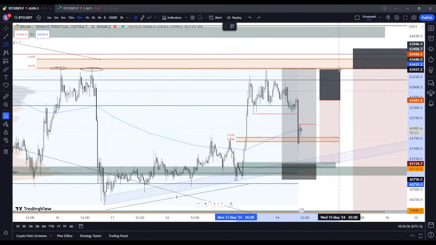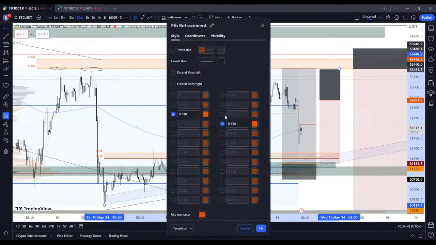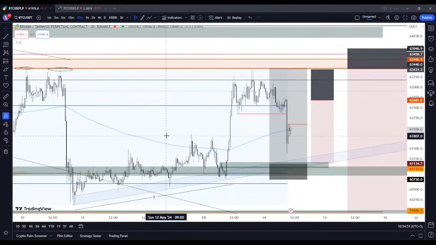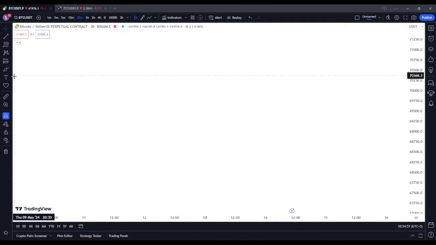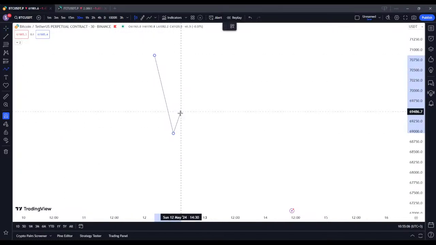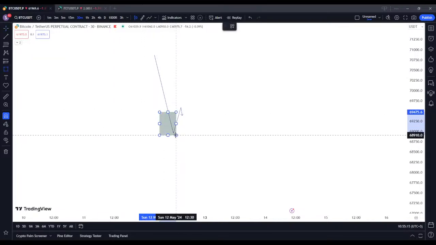If you look at 61.8, not this one, but this one, see price pumped exactly from the retest. And now you should be at 1 to 1R. But it feels more like catching a falling knife, and usually I don't like that. Because when the price is having an aggressive dump, or an aggressive pump, it's not a rule to be a pump or a dump, it can be whatever. You have an aggressive move to the downside, a lot of people are trying to long this movement. They are trying to catch a falling knife.